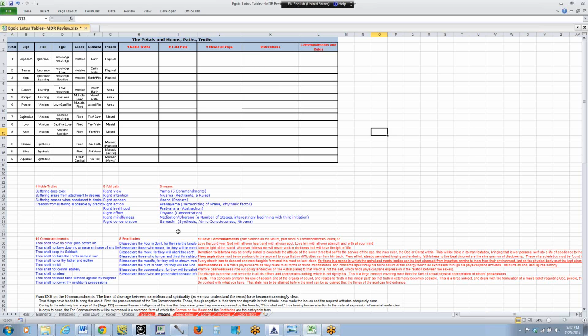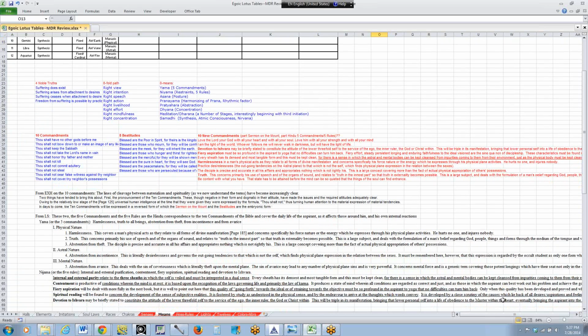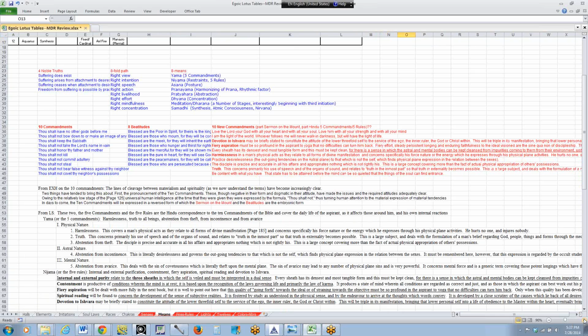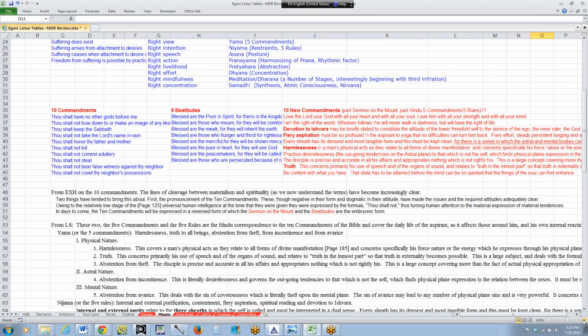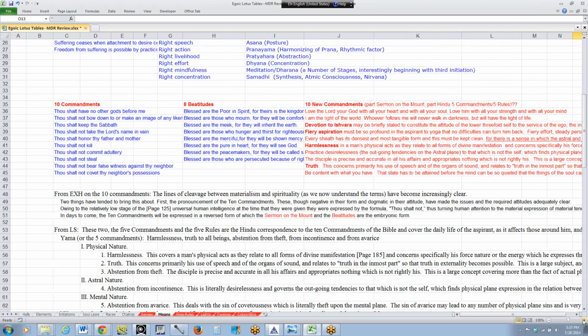And here's something called the New 10 Commandments. I know it's just about invisible. And there's a statement written here from Externalization of the Hierarchy. Let's see what it says. The lines of cleavage between materialism and spirituality, as we now understand the terms, have become increasingly clear. Two things have tended to bring this about. First, the pronouncement of the 10 Commandments. These, though negative in their form and dogmatic in their attitude, have made the issues and the required attitudes adequately clear. Owing to the relatively low stage of the universal human intelligence at the time that they were given,